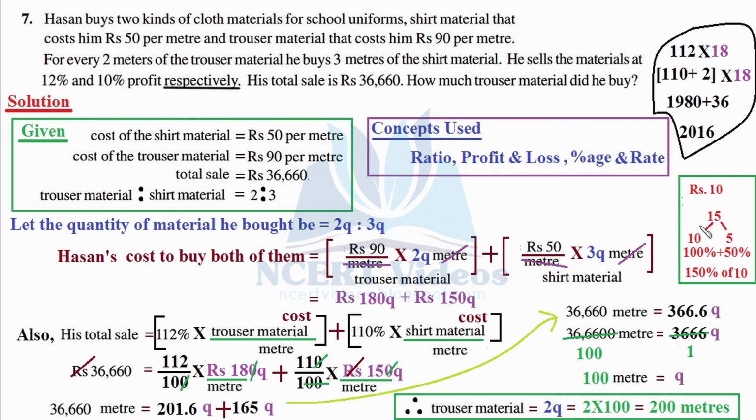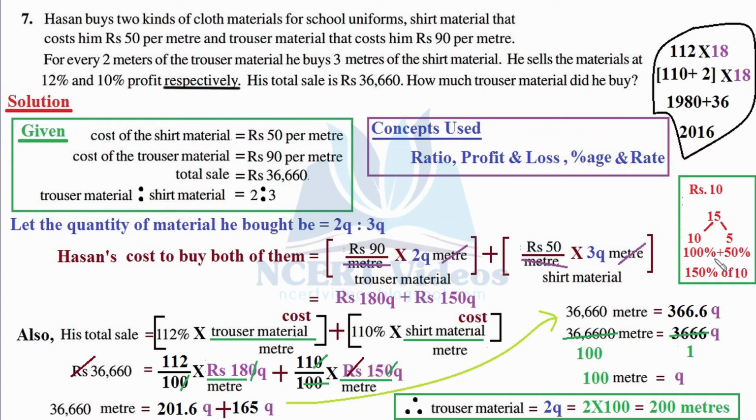So what was 10? It was 100% of the money you gave to him. That is, you got the complete money back, plus you got rupees 5. And what is 5 of rupees 10? It is half, that is 50%. So what does this mean? You ultimately got 150%, because if you add them, that is 100 plus 50%, you get 150% of what? Of your initial money that you gave to him. That is 150% of 10.